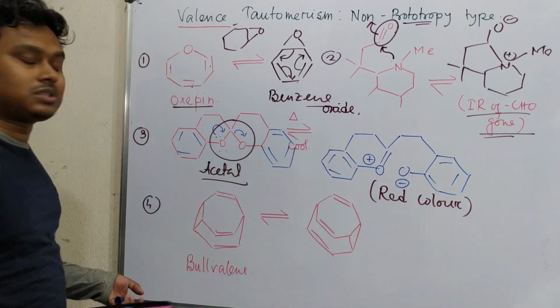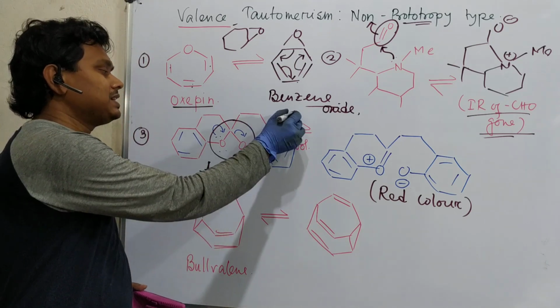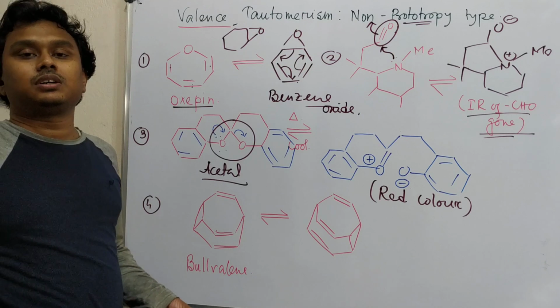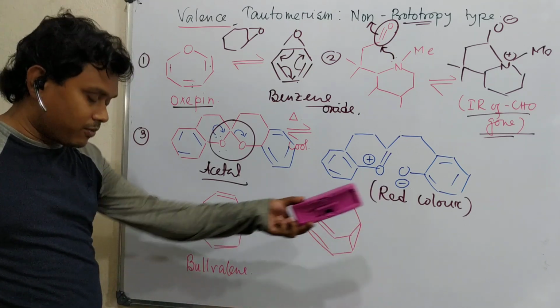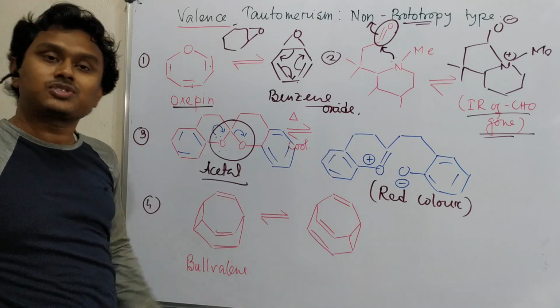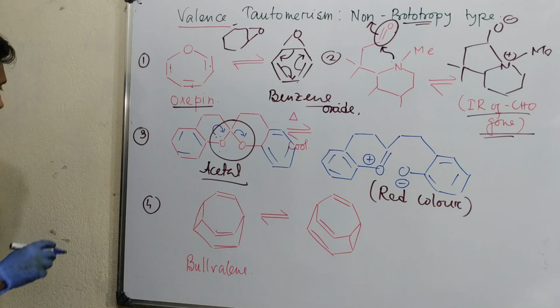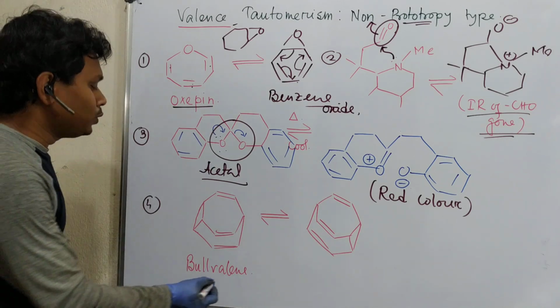So one such question could be asked in this case: after heating this compound, it becomes another species. What is the structure of the species, or among 4 options, which one resembles the structure? Okay, fine. Now the last example, and based on my personal opinion very important, is bullvalene.